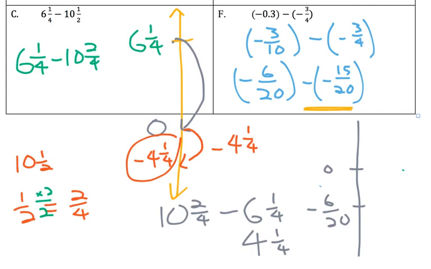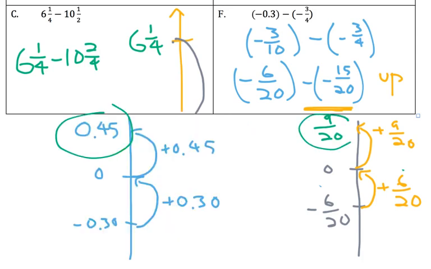So this right here, this minus negative 15/20, that is the same as getting rid of weight. And so for getting rid of weight, basically we need to go up 15/20. So first I'm going to go up 6/20. And then if I had 15 of them and I used up 6, I would have 9 left over. And that would give me an answer of